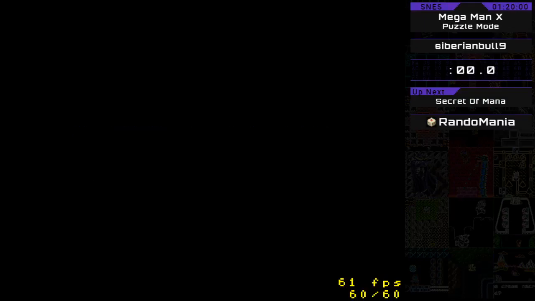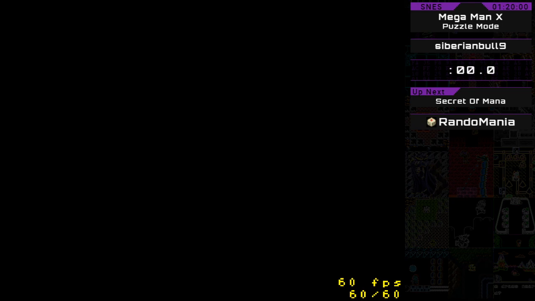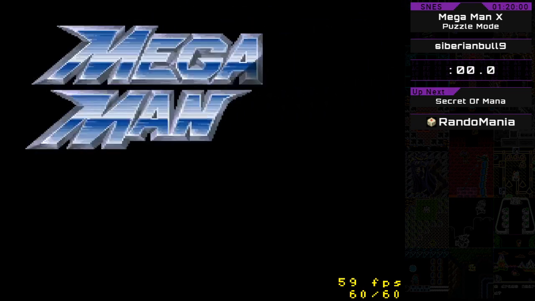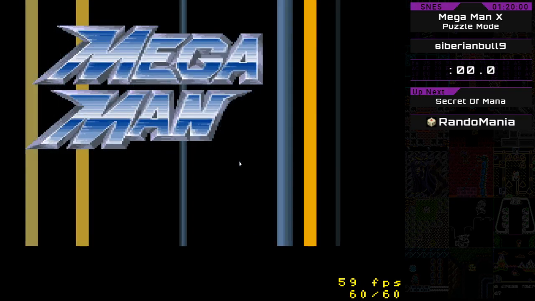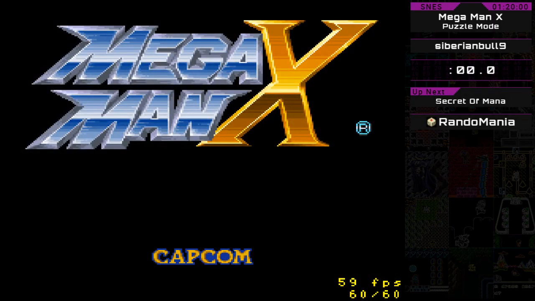That's the actual name of the seed, as the randomizer for Mega Man X likes to generate names. So, if you've never seen a puzzle mode seed, you're in for a treat. In a puzzle mode seed, essentially all the Mavericks, I should say, are weak to 2 weapons